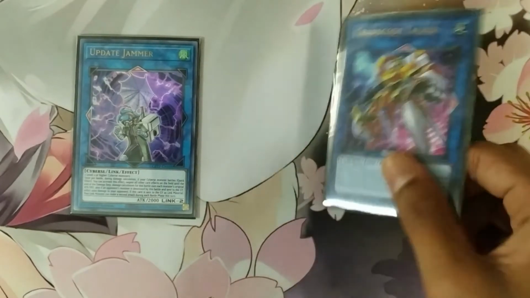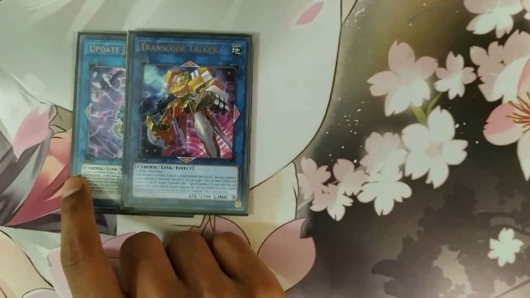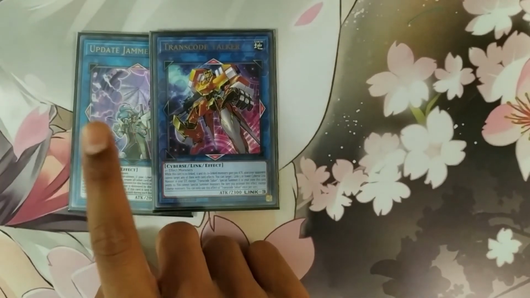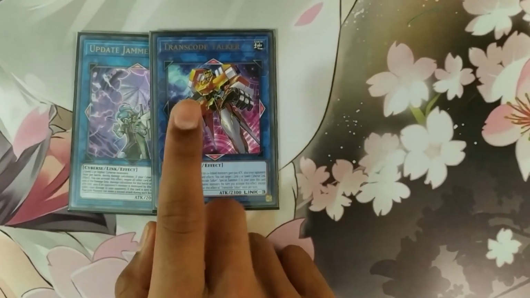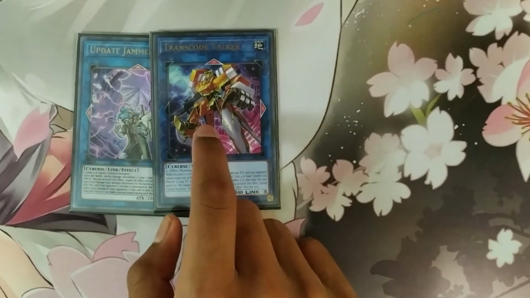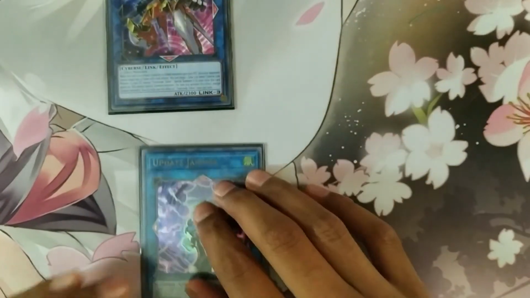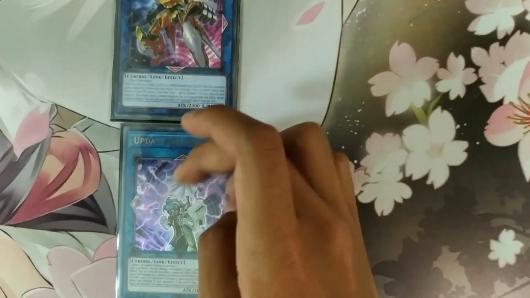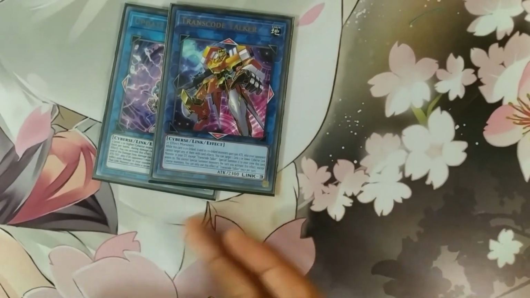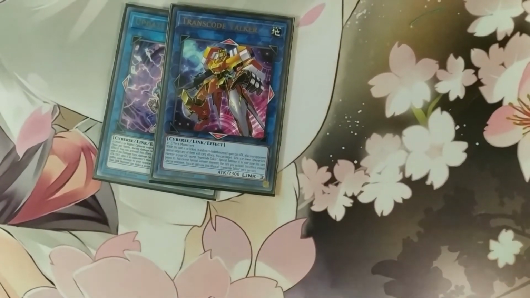And basically, you have Parallel Exceed. Then if you have 2 Parallel Exceeds, you make Update Jammer and then link your Phalanx plus your Update Jammer into Transcode, bring back the Update Jammer. Now, since they're co-linked, your opponent can't target any of them with card effects, and they both gain 500 attack,